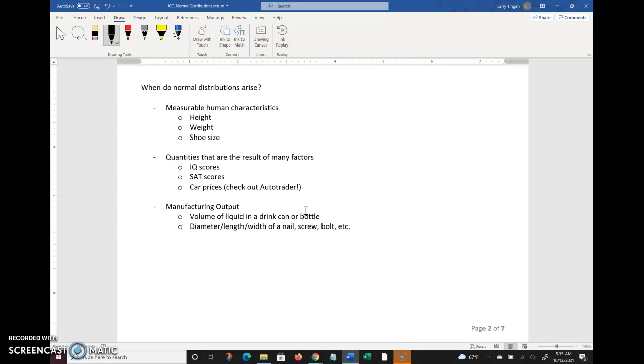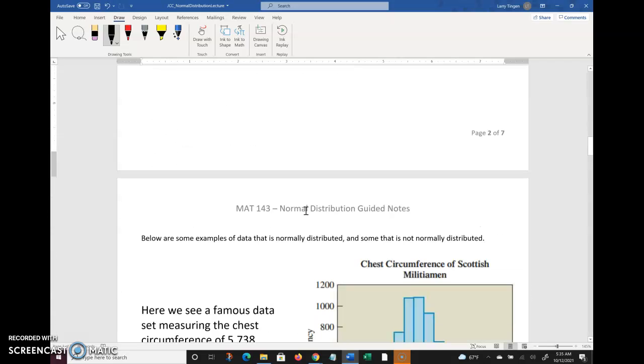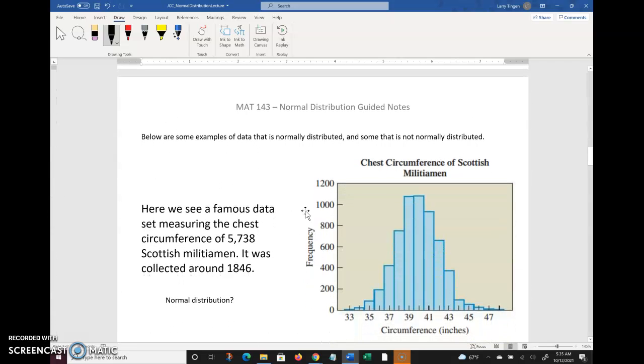Right? Every nail that comes off does not have the same length. And what I mean is nails that are all meant to be the same length. If you opened it up and measured each one of them, you'd see some variation. It's going to be very small, but there's still variation there. Okay, so I've got some examples of where you may run into normal distribution in the real world. And the first example here